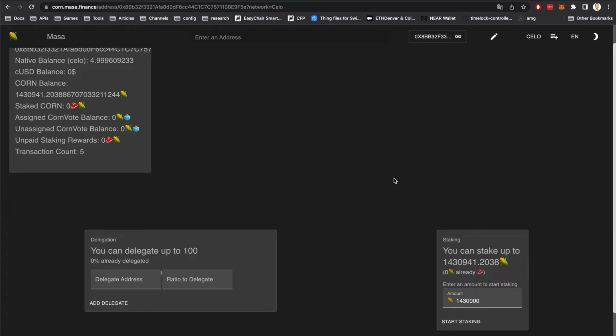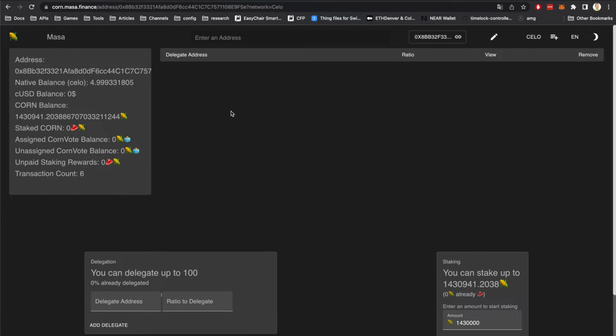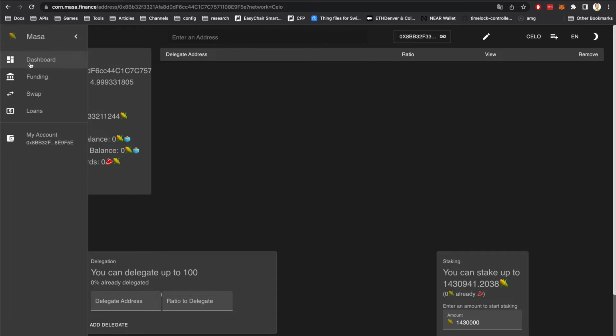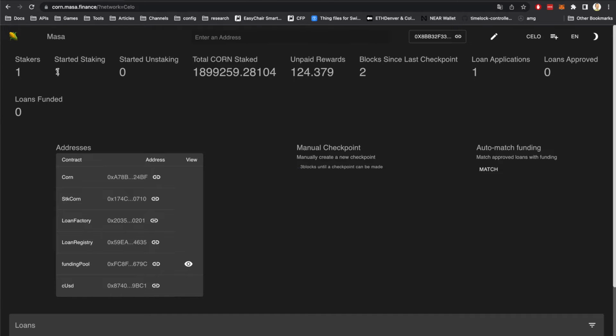And there's the stake transaction. And we wait a second. We come to dashboard, and there you go. So now we're in the started staking queue. And so basically what that means is we're not actually staking yet. Like, we're not going to be accruing votes or rewards until the next checkpoint occurs, at which time we would